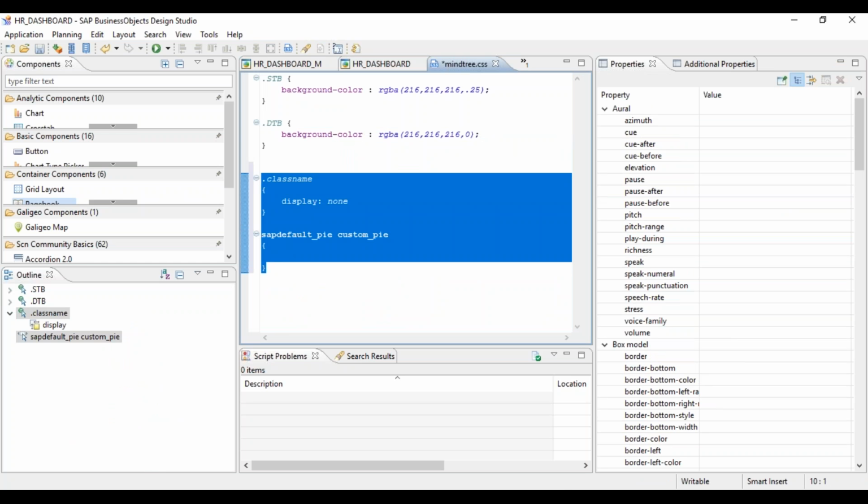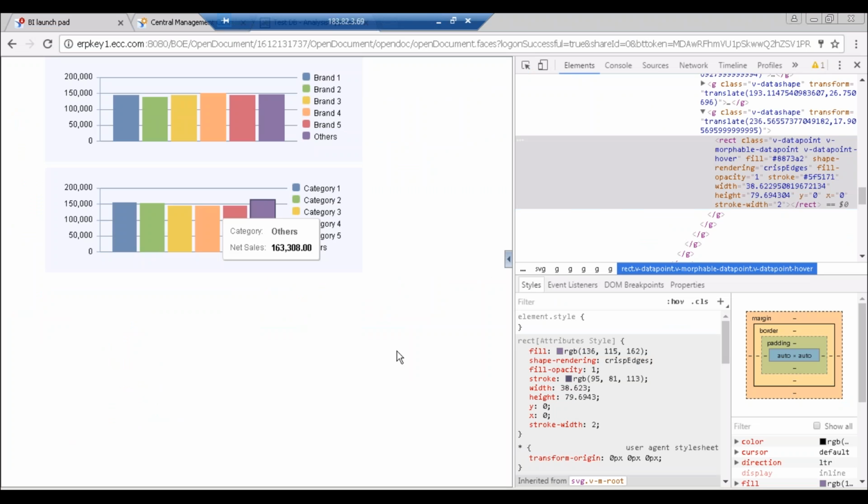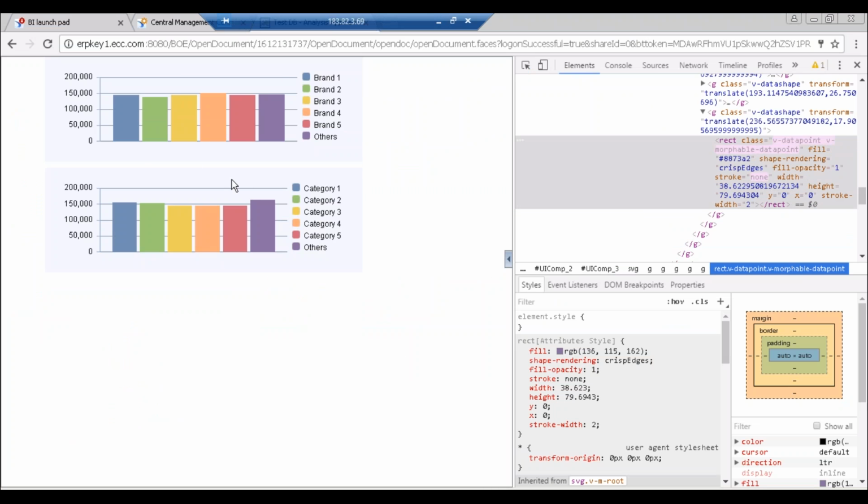It's a bit tricky. We need to do some R&D. Yeah. You start creating dashboards and run in Chrome and try to identify the CSS class of it and try to change its shape, color, those things.